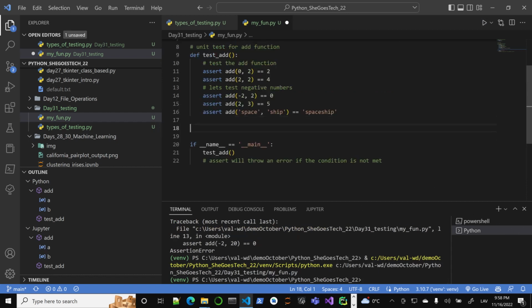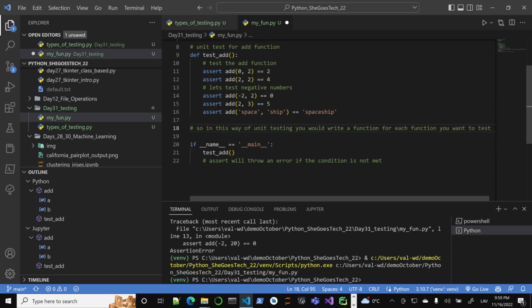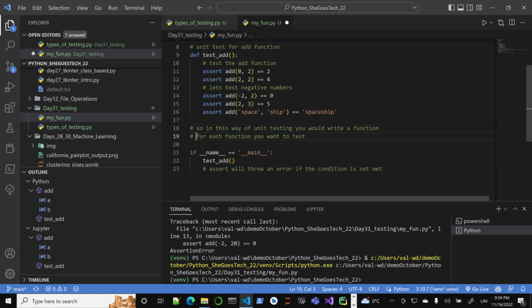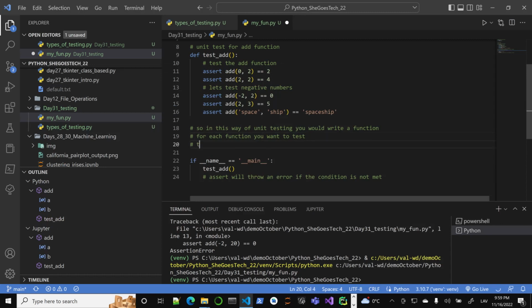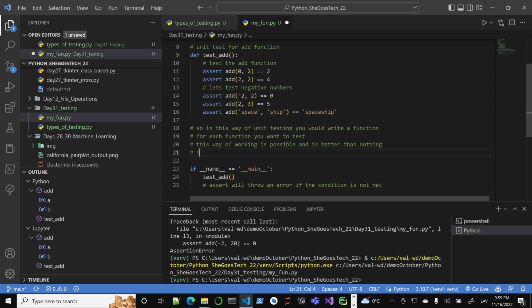So in this way of unit testing, you would write a function for each function you want to test, basically. It's possible, and this way of working is better than nothing. However, it is not the best way to do it because